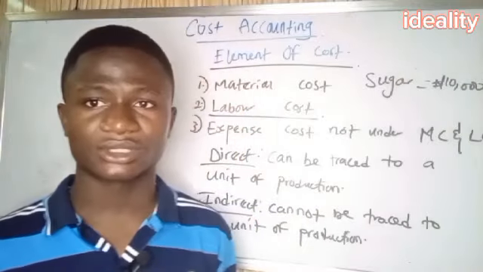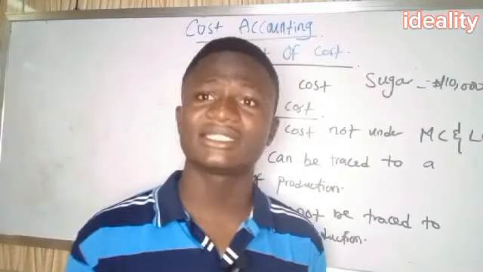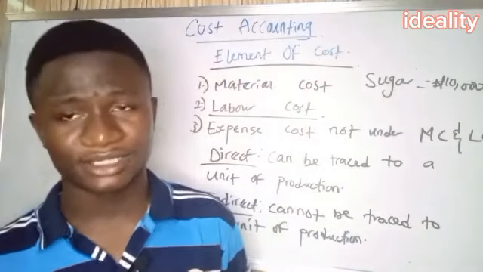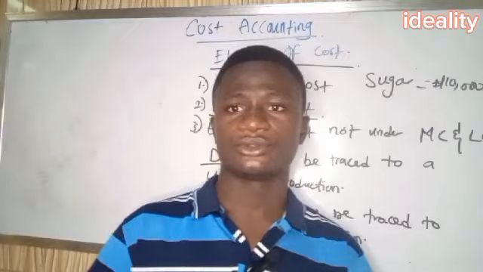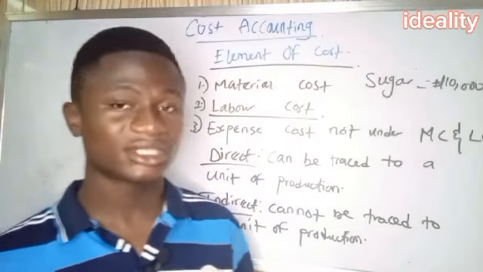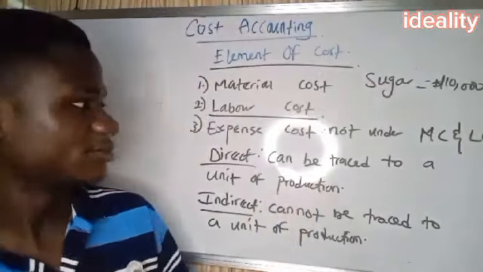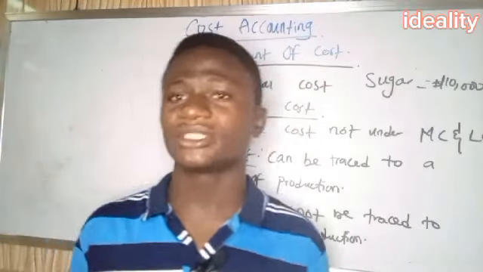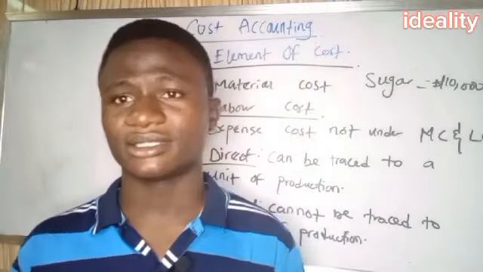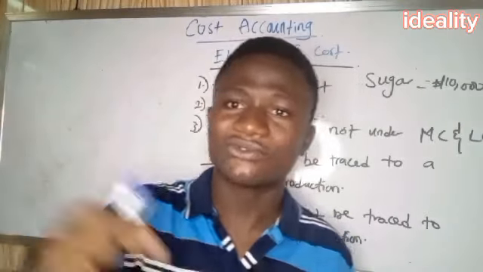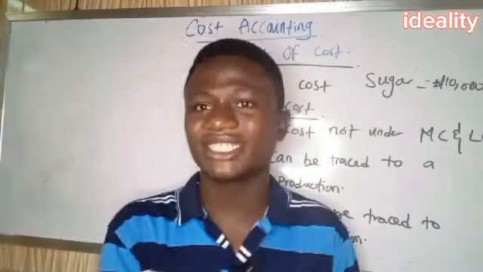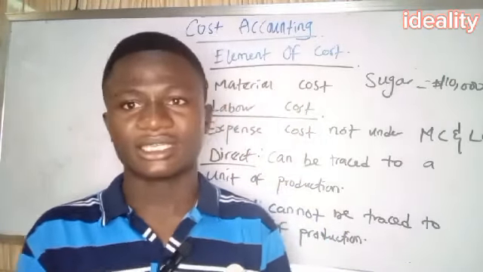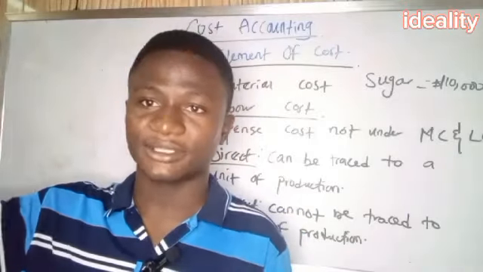It's an indirect cost. But let's say I purchase gas now. I purchase gas to be able to sell. I think that's a good example of direct cost. I only purchase that gas to sell. I'm not using it for any other thing. So if I want to charge the cost of that gas, I will charge it on the fact that I'm selling it. That is a direct cost because it's not usable for any other thing.